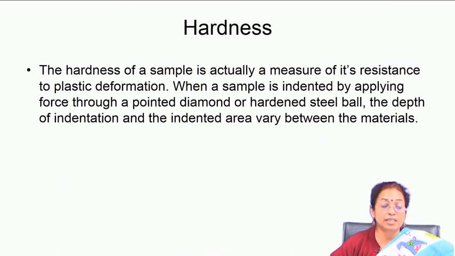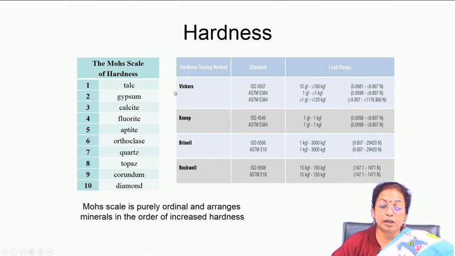So, we will discuss these different techniques when we discuss conversion coating, chemical as well as electrochemical conversion coating. Then if you talk about mechanical properties, hardness is one of the important mechanical properties which comes into the picture. It is the measure of a material's resistance to plastic deformation. Basically, it is measured by indenting it with an indenter and subsequently measuring the size and shape of the indentation mark, and there are different scales by which hardness is represented, like the Vickers scale, Knoop scale, Brinell and